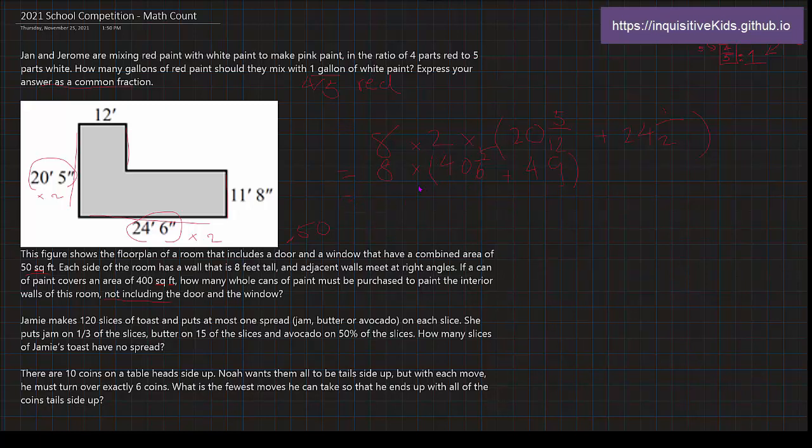So then after that, we get 8 times 89 and 5/6, which equals